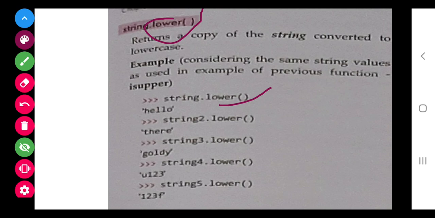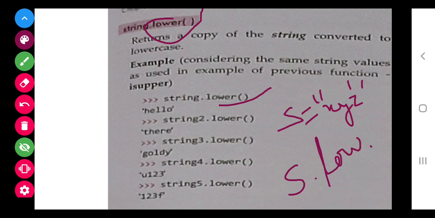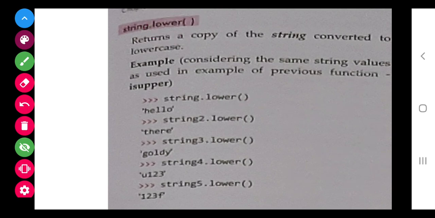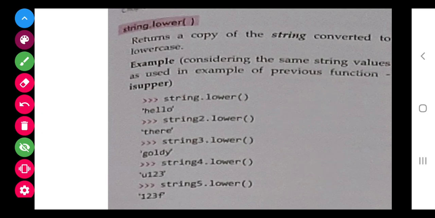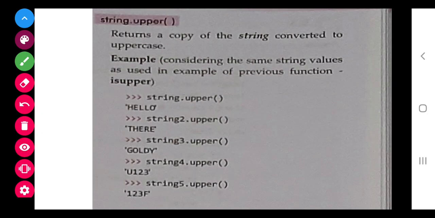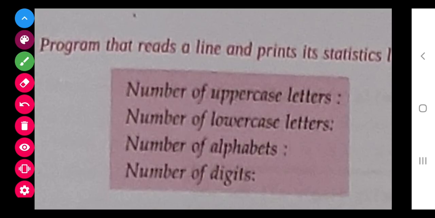So if I have a string s equals to XYZ in capital letters, then if I write s.lower(), it will return in small letters, x, y and z. Similarly, upper will return all capitals.